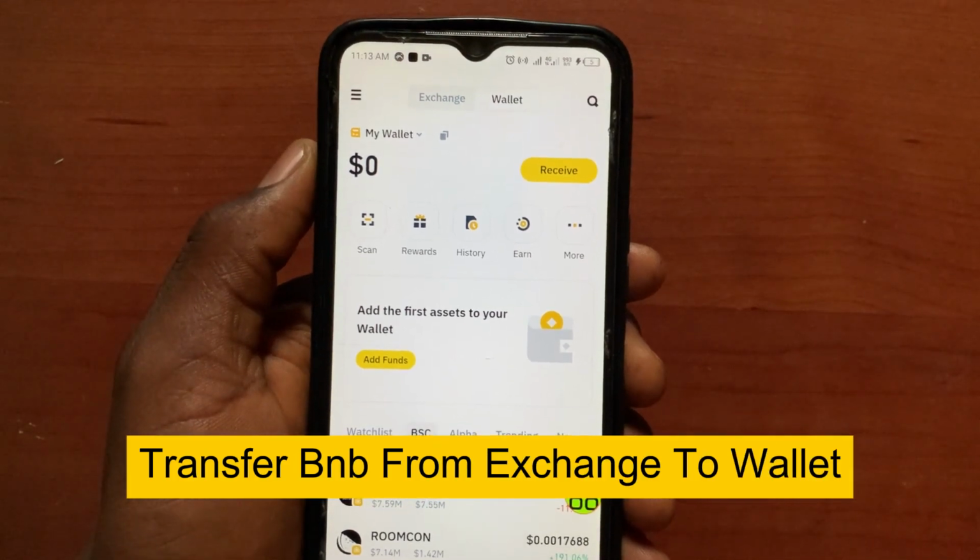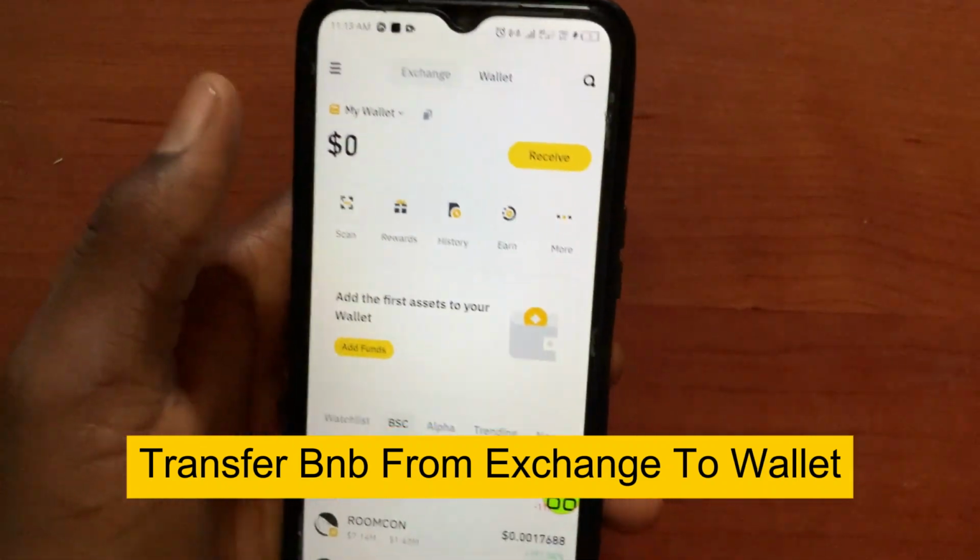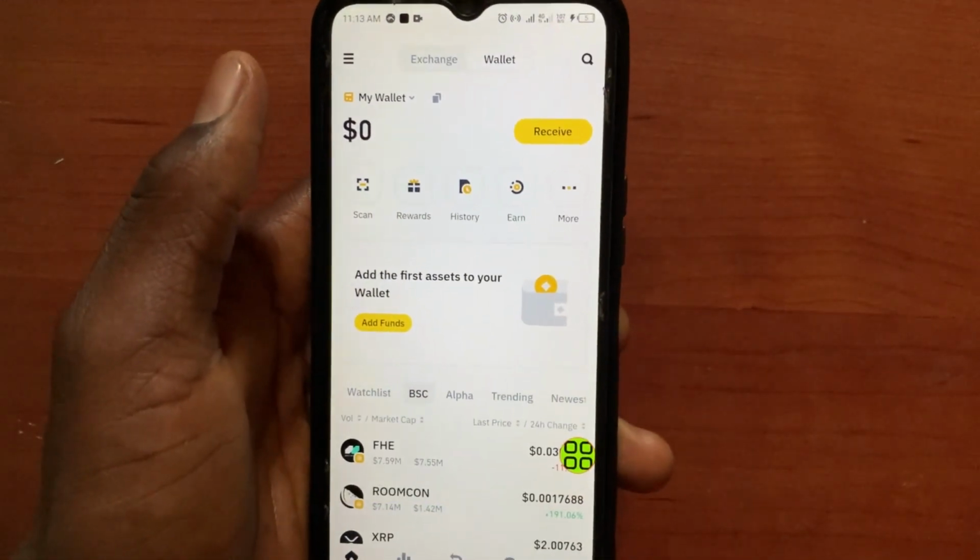How to transfer BNB from exchanger to wallet. Hey guys, so in this video I'll show you step by step how to transfer BNB from Binance exchanger